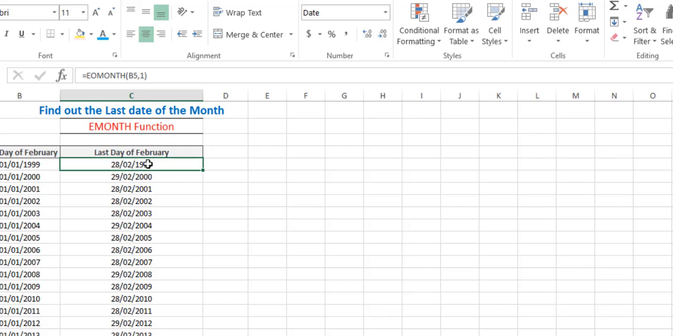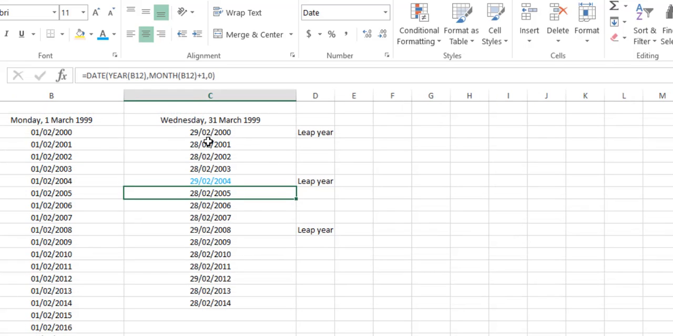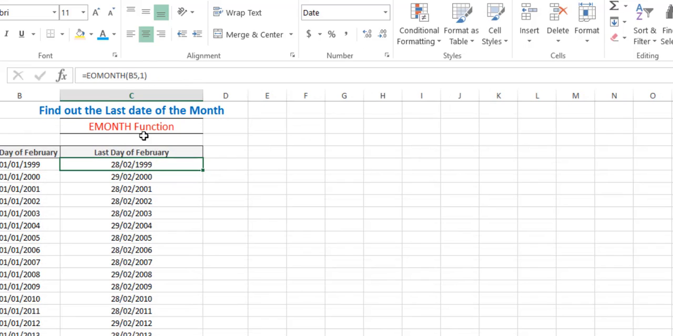So as we have seen in our previous video, we can find the last day of the month with this formula, and we can find out the last day of the month with this formula as well. EOMONTH, B5, 1 will give you the last day of the month. Look at this. In the same way, the leap year is